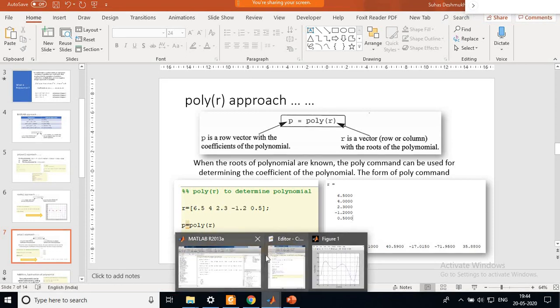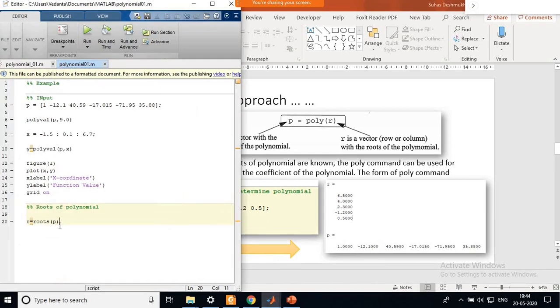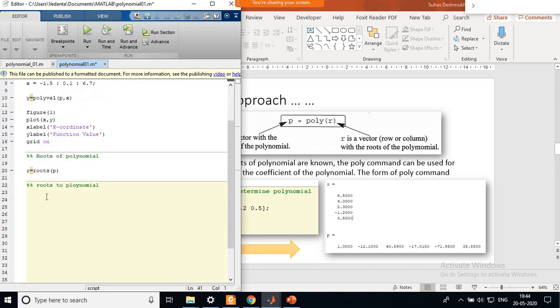So we'll now do the reverse calculation. We know the roots of this, so I will now go from roots to polynomial. So now I'll write here